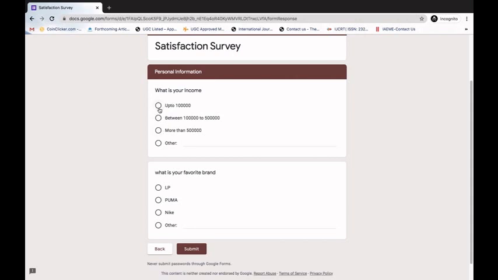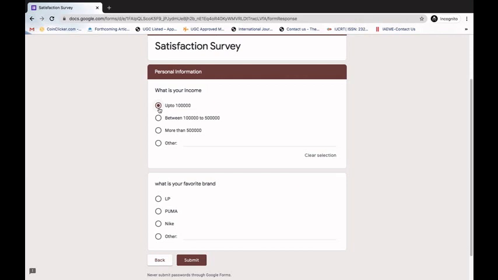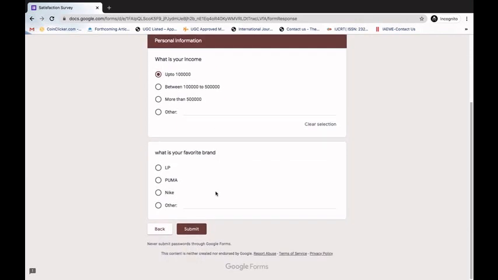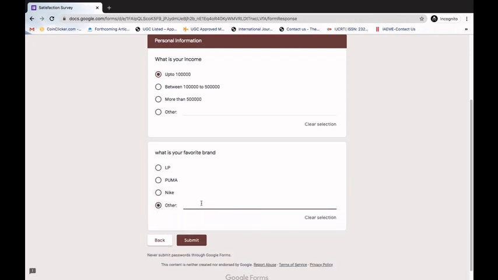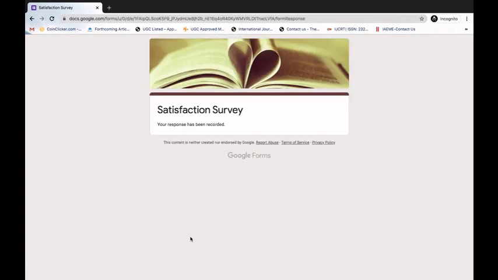Here I'll mark that my income is less than 1 lakh rupees. And what is your favorite brand? First is LP, second is Puma, third is Nike, and here another option is given to me, so I can use the other option. In my previous form I used the other option, so in this case I'll click on this, and I'll press submit. Now this form has been submitted by me,